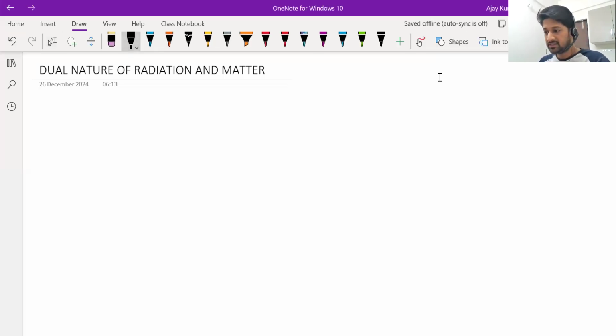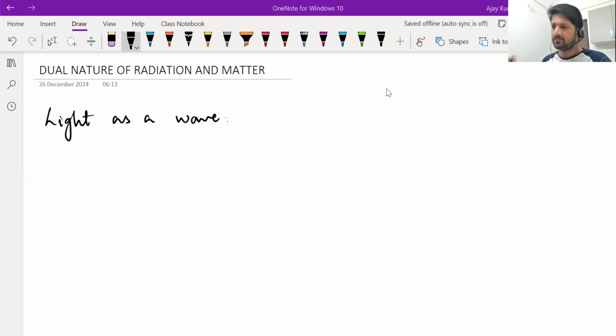Okay, so in the chapter Wave Optics, we discussed how it was discovered and proved that light has wave nature. So we know that light behaves as a wave from the interference and diffraction experiments, and based on the fact that light can be polarized, they even concluded that light is a transverse wave, a transverse electromagnetic wave.